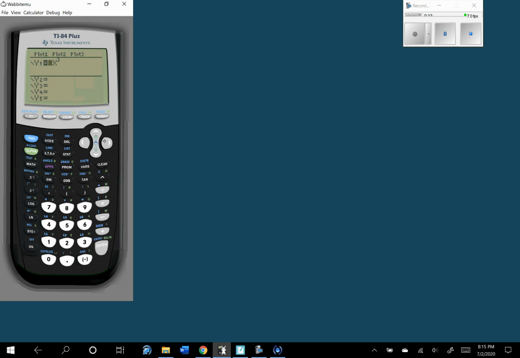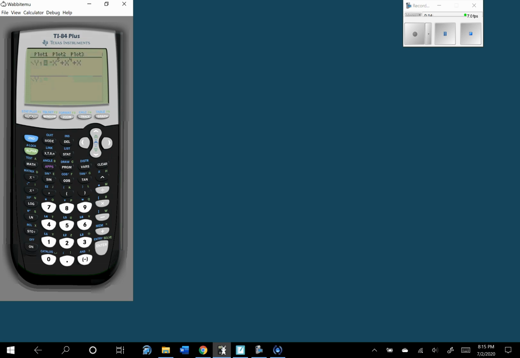Even if we did a negative x to the 5th graph, our graph will still be up to the left, down to the right. Even if we were to add other terms, it doesn't matter because remember we said that the end behavior is determined by the highest power of x. So that means the highest power of x is x to the 5th, so your leading term and the negative leading coefficient. So if I hit graph, even with that, it will in the long run still be up to the left,